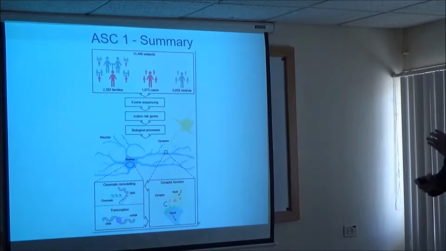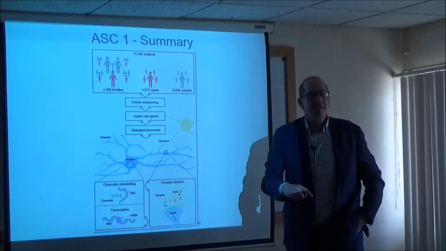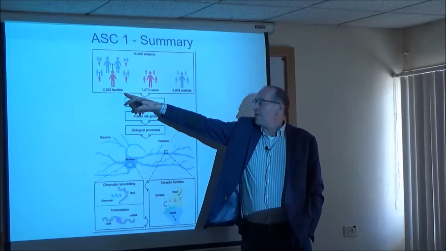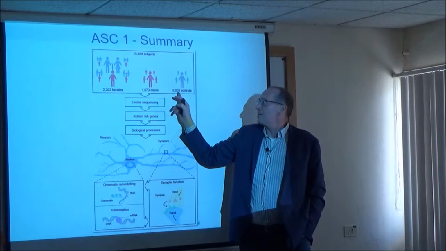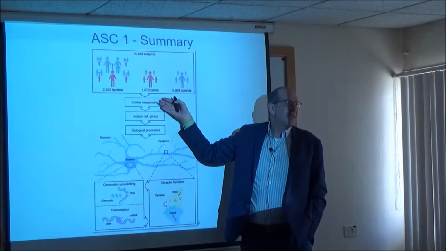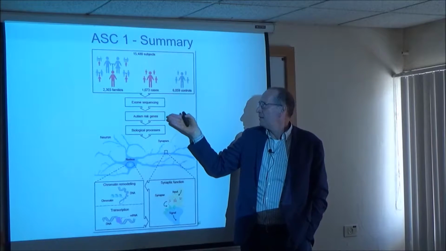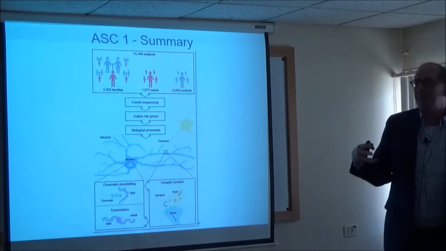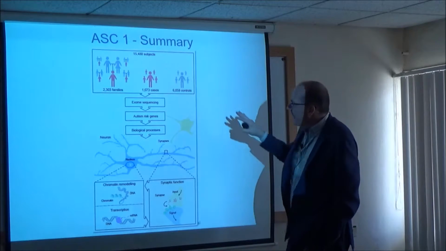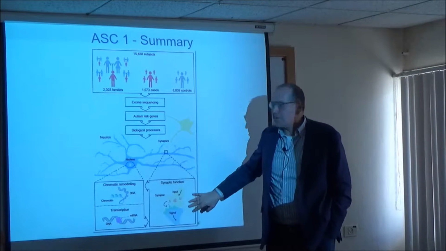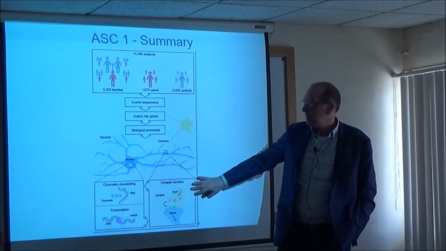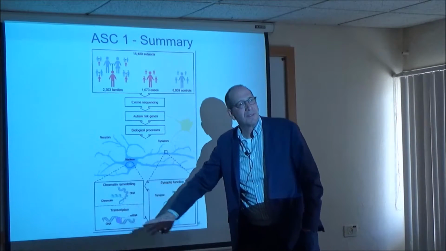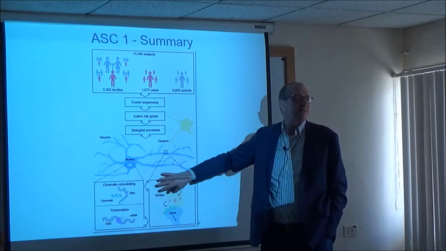All right. So the first study came out in 2014 of the ASC. It had 15,000 individuals, 2,300 families, and then a case control series that were very carefully matched. Every sample was sequenced by exome, and we used novel analytical methods which were developed for the ASC to find genes. And basically, the genes fell into those genes in the synapse. There are quite a few of those. And those genes involved in chromatin remodeling, and a few that are involved in transcription. So very big strokes, there were 2 classes of genes that came out.